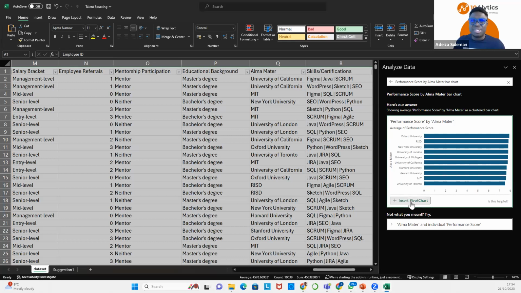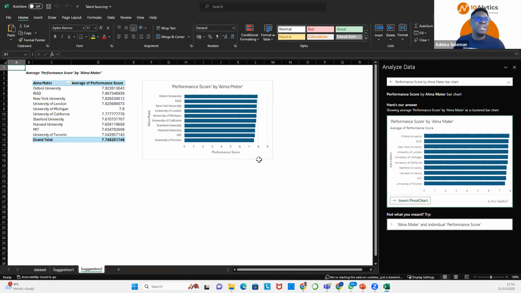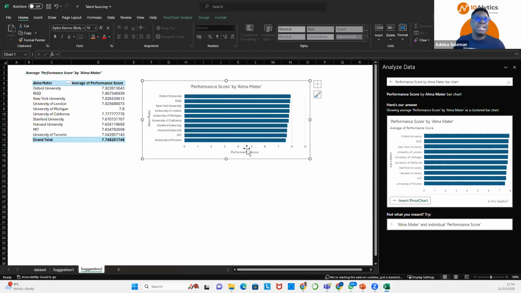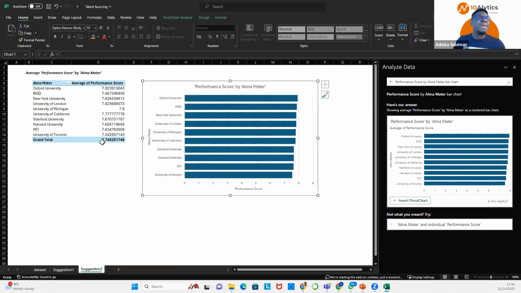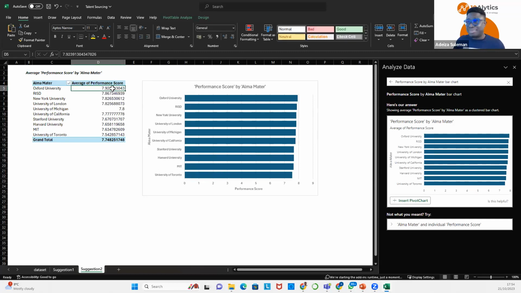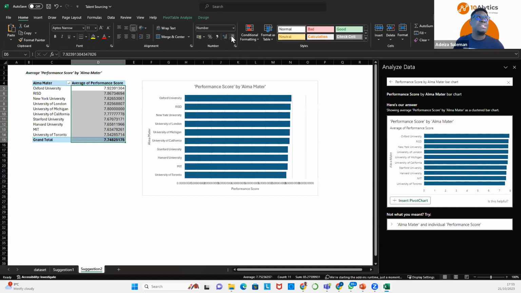And then I click on insert pivot chart. Okay, so this would insert it into my Excel. I'm just going to expand it a bit. Now I'm going to take out my decimals again because this is very difficult to look at. So many decimal places. I'm just going to select all the numbers on my performance score, and I'll go to decrease decimal. I'll click on it until it reduces the decimal places to just one decimal place.